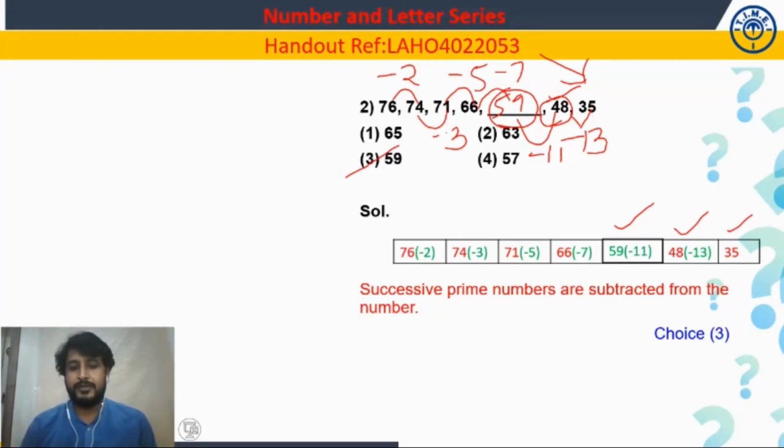Note down the logic. I will wait for some time. Successive prime numbers are subtracted from the number. Minus 2, minus 3, minus 5, minus 7, minus 11, minus 13. And the missing number is 59. Okay? Now,